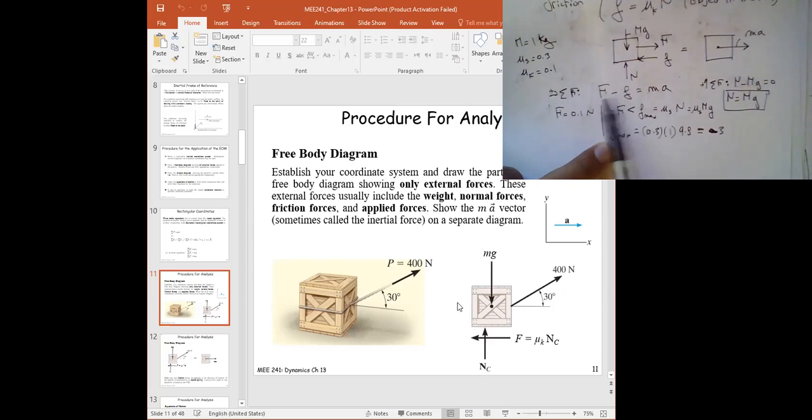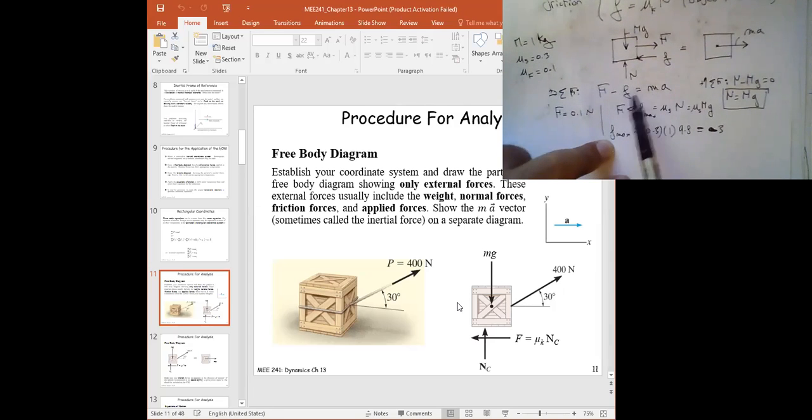So you actually end up with a negative number. 0.1 minus 3 will be minus 2.9, and then you would say the acceleration is equal to minus 2.9 divided by the mass, right? But the friction cannot actually move the object backward, right? So here we'll only test the movement to see if you actually have movement.